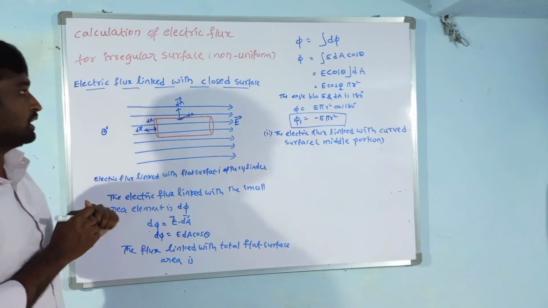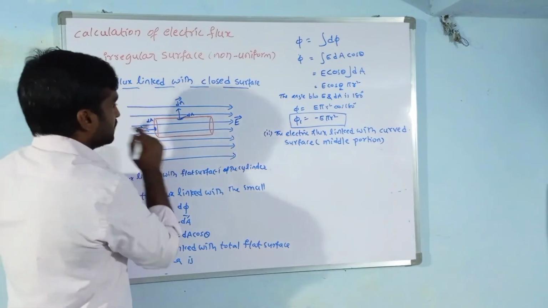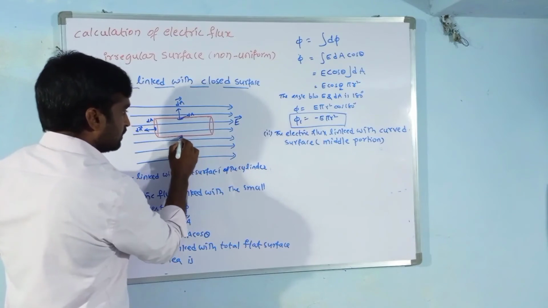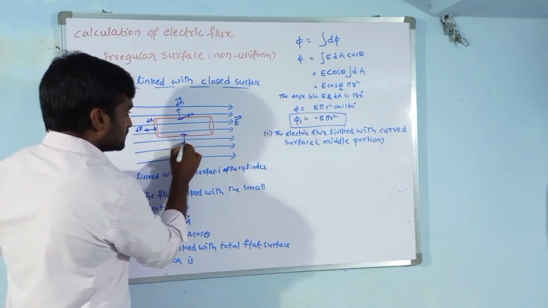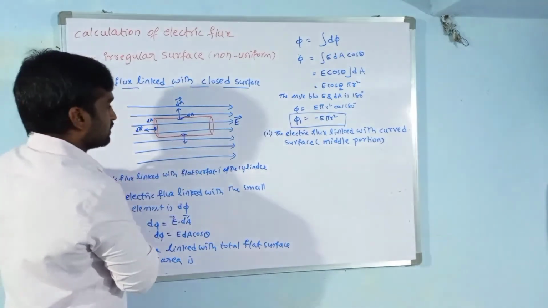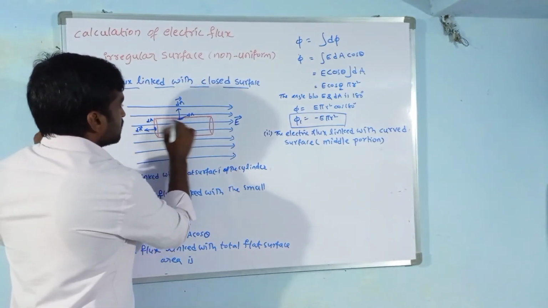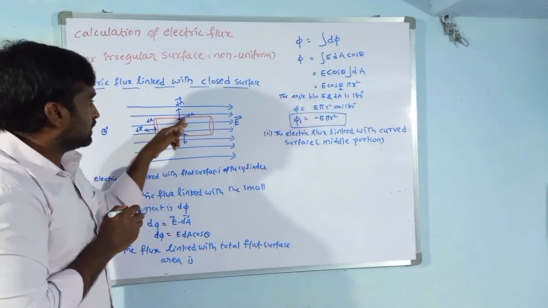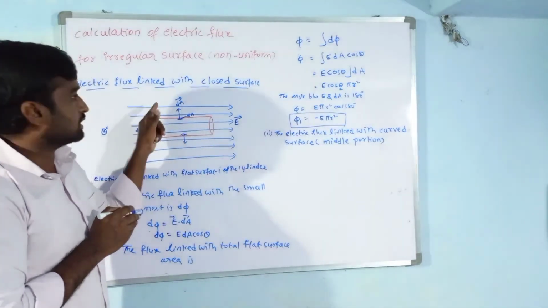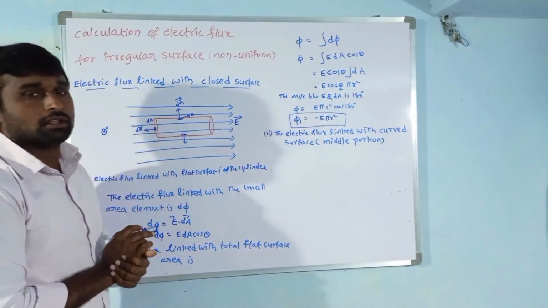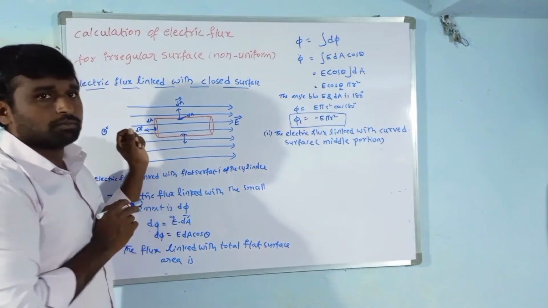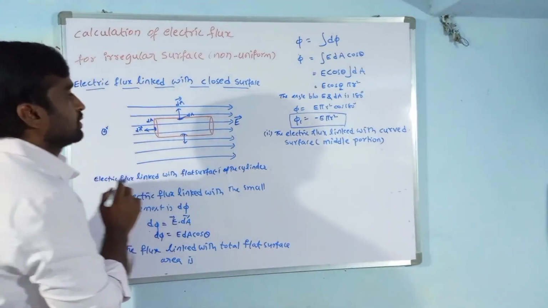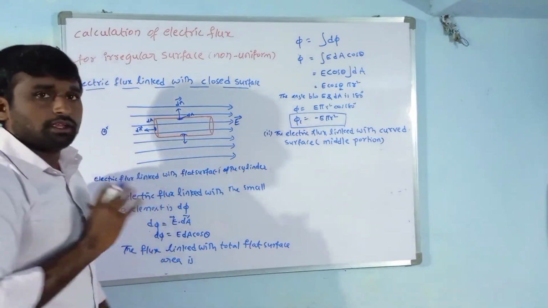So this is a condition, remember this. This is most important. Now when we take the area element on this side, downward, what is the direction of the area vector? When we take it here, this is the direction of the area vector. So now I am taking a small area element dA. What is its area vector? That is dA, normally outwards. Now what is the electric flux linked with this small area element? That is E dot dA.